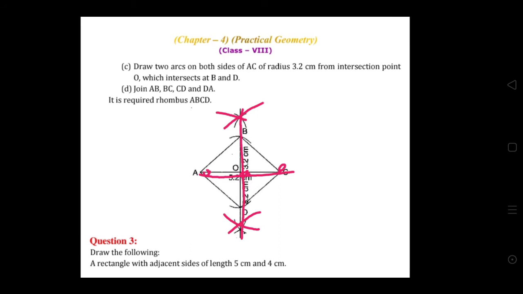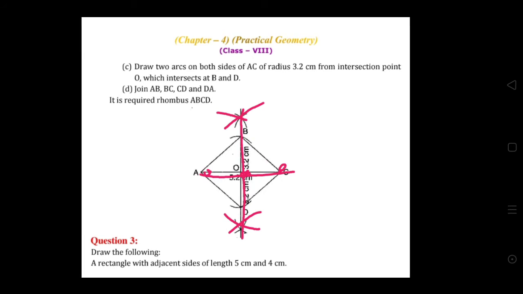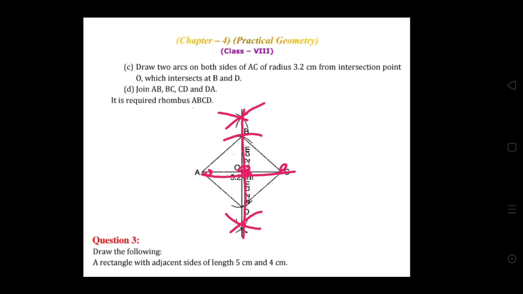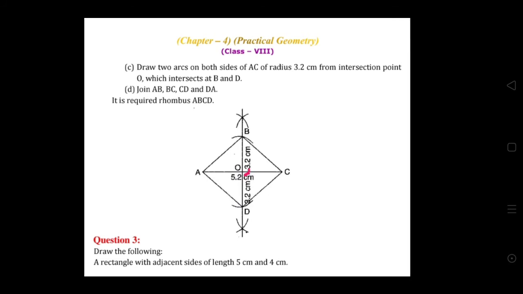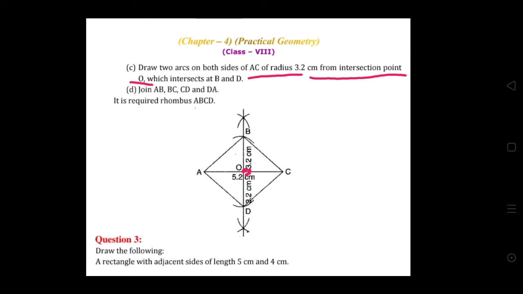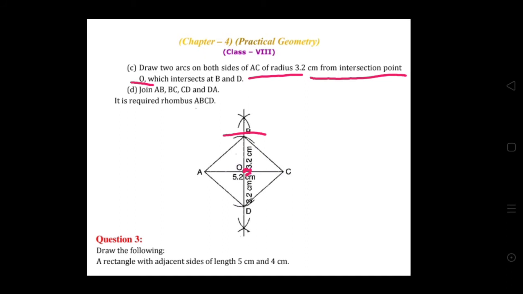its midpoint, here the center point O, and from the center point the second diagonal is given as 6.4, so half of it is 3.2. From O as a center draw an arc of 3.2 centimeter. Okay student, from the intersection point O on the perpendicular bisector, taking a distance of 3.2 centimeter, draw an arc on the perpendicular bisector.